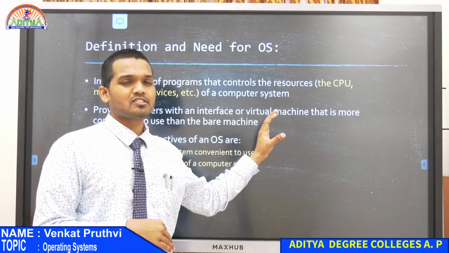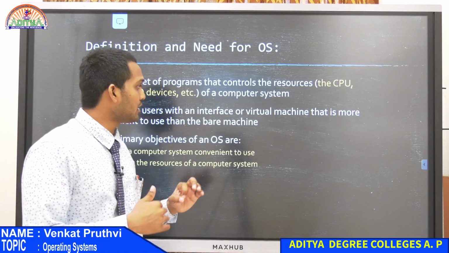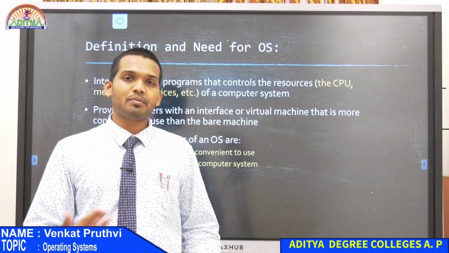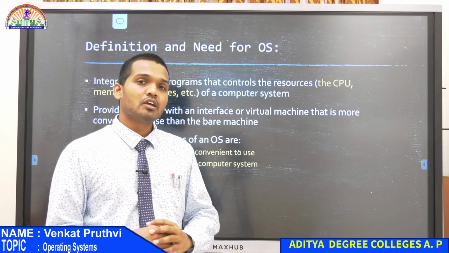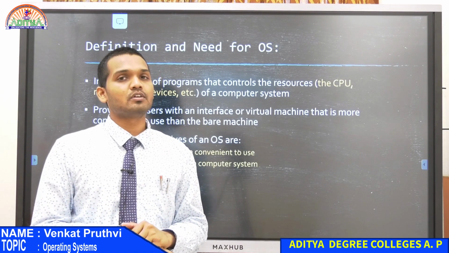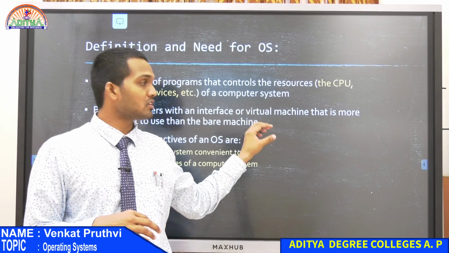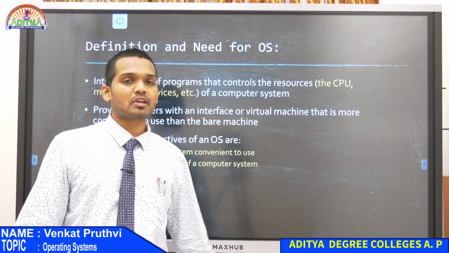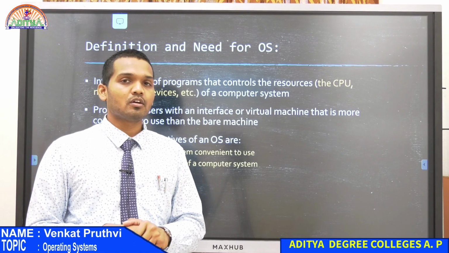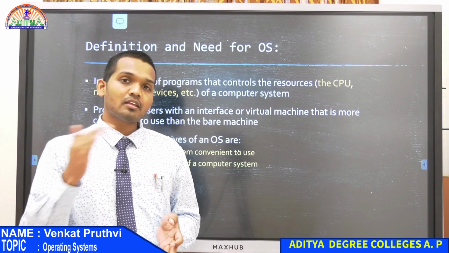We will look into virtual machines later. It is a little complicated as of now for you, but just try to understand: a virtual machine is nothing but a program inside an operating system. With the help of a virtual machine, you will be able to install one more operating system. Suppose you are using Windows as of now. If you install a virtual machine, just a program, on Windows, then on that virtual machine you can install any other operating system.